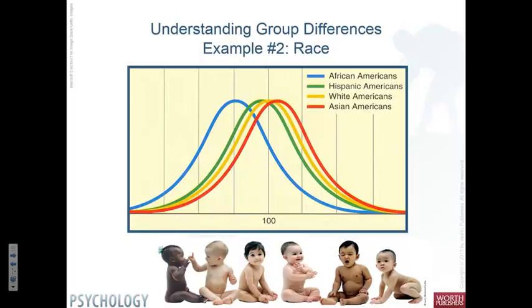And the difference that's attracted the most attention is the difference between Black Americans and White Americans. Most likely because of the history of our country, and because there's such a large disparity. There's a 10 to 15 point disparity here depending on the scale that's used. So there is no argument that there is a difference. The question is, why is there a difference?